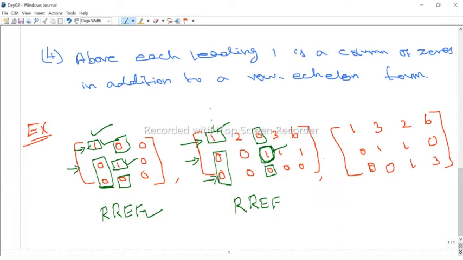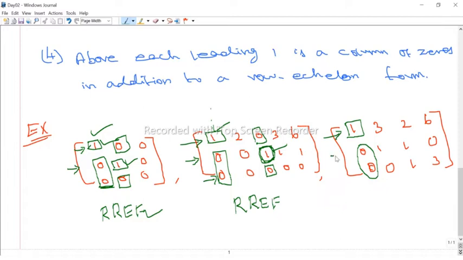Now here there are no 0 rows, therefore we have to start from the second point. We have to scan each row. So first you scan the first row, where we find the first non-zero entry in the first column itself, and it should be 1. Yeah, it's okay. And then the corresponding column entries are 0. Yeah, it is okay. Therefore we did the scanning of the first row.